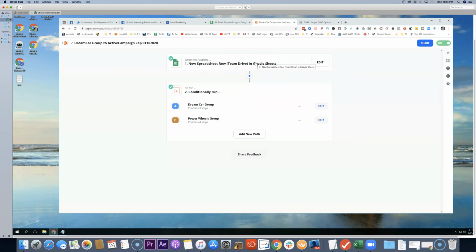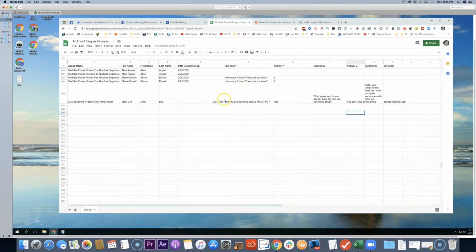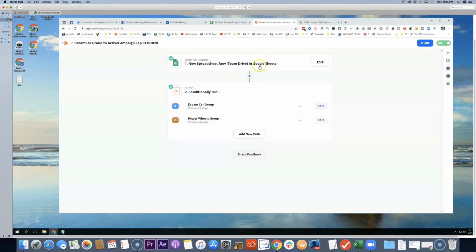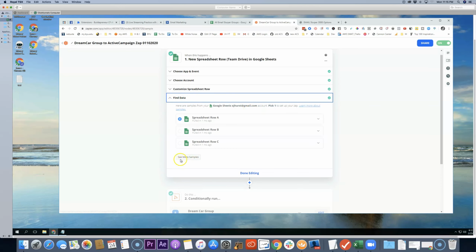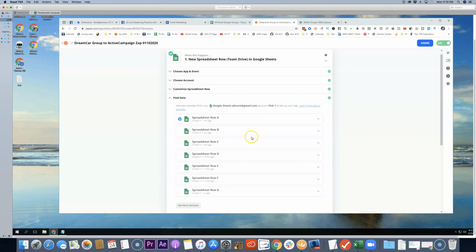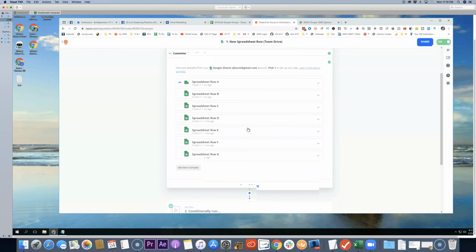Okay. And if you haven't watched the original training on how to do this, then you need to go back and watch that first. But basically what we're going to do is link up that sheet right there to Zapier. I'm going to hit edit here, and I've already connected it all. I'm going to go to find data. I want to bring in some more samples. These were done a month ago, so I'm going to bring in see more samples, and hopefully I can bring in